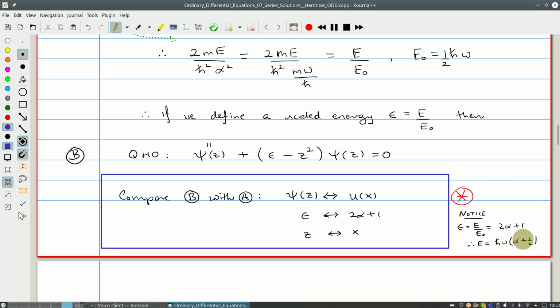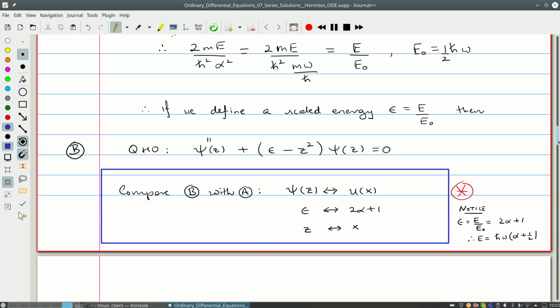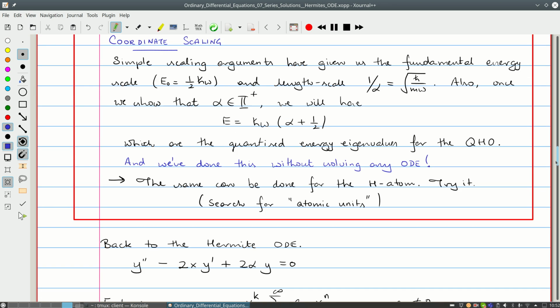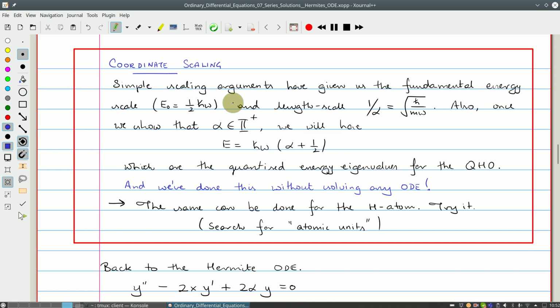If we can show that alpha has to be an integer, then this will be the energy of the alpha state of the quantum harmonic oscillator, right? But you can see where things are heading, and we are already getting key concepts in the quantum harmonic oscillator without actually having solved anything. Dimensional analysis has given us quite a lot of this, and that's a great technique. So coordinate scaling is the method we have used here to convert our physical Schrodinger equation into a dimensionless equation, which we are going to solve. And we've already got the fundamental energy scale, we've got the fundamental length scale,